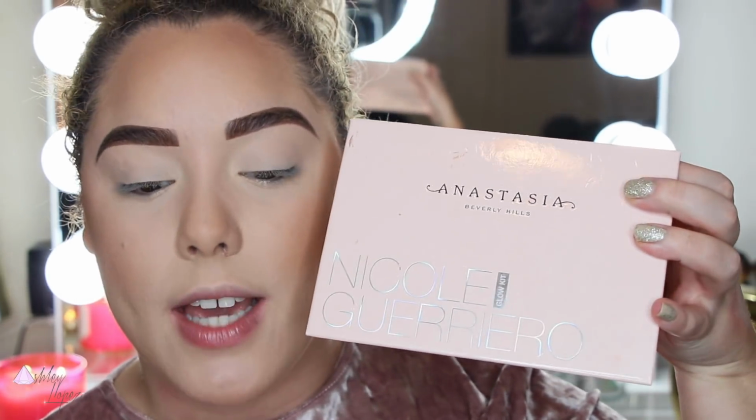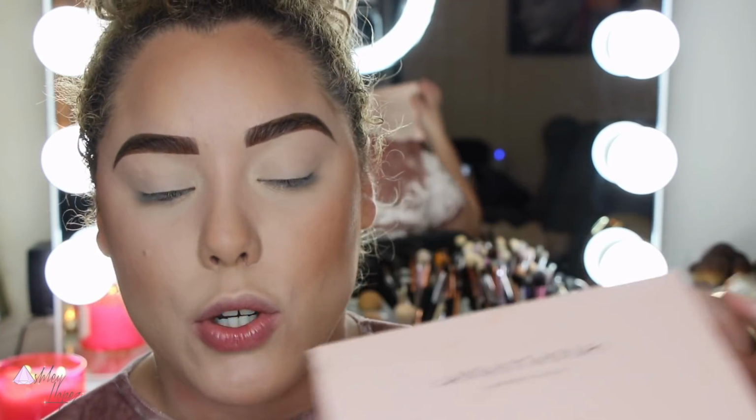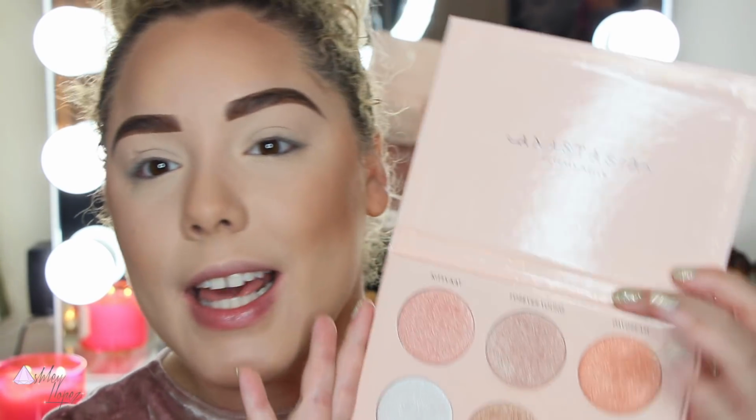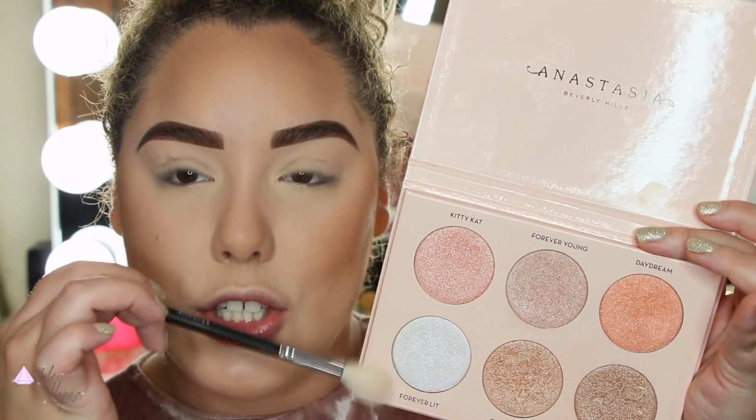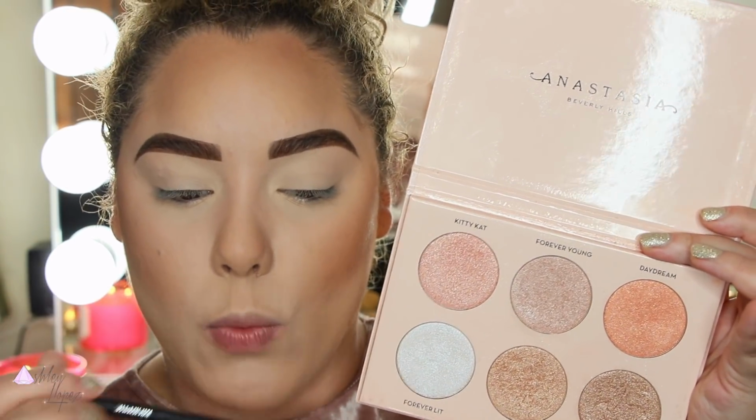And I have to say, you guys, my favorite highlighters of the year have to go to the Anastasia Beverly Hills and Nicole Guerriero Glow Kit. This is always the highlighter that I reach for. I just love it. Not necessarily these two, because they're very pink and white, or